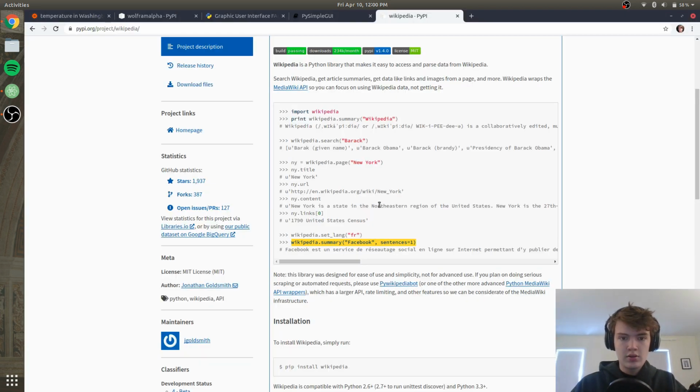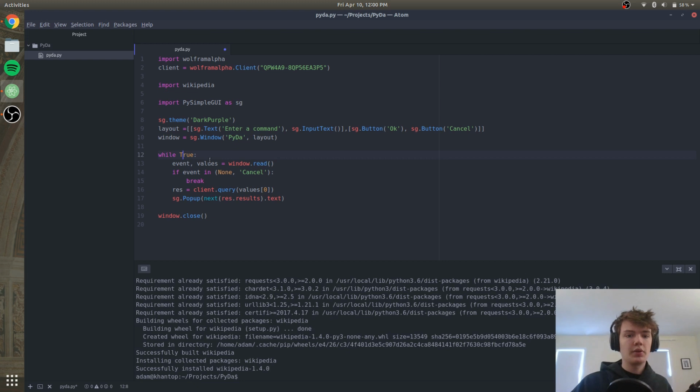wikipedia.summary of what we want. So let's see. If the question can't be answered by WolframAlpha, no, here's a better way to do this. WolframAlpha can answer most questions. But Wikipedia is going to give a longer, more distinct answer. So let's say something like